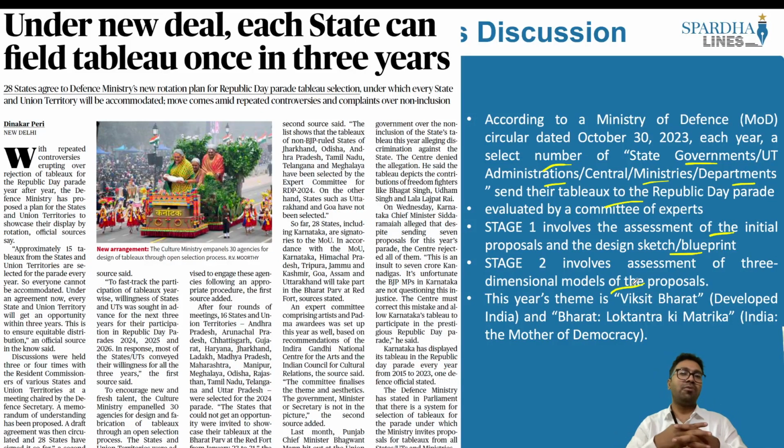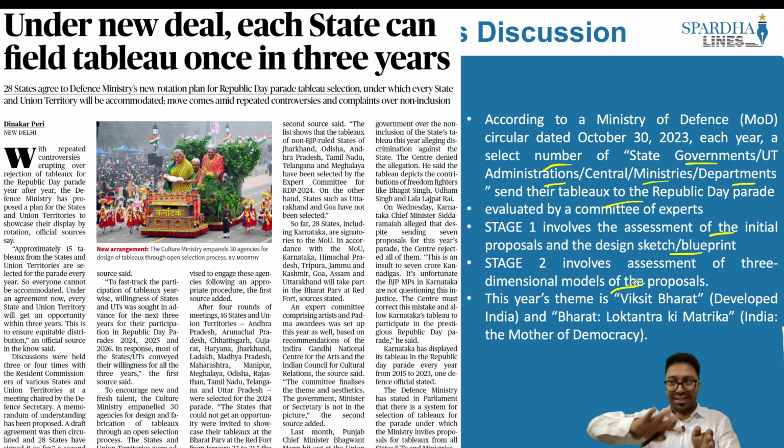What happened within the state of West Bengal? Within the state of West Bengal, it was rejected primarily because their tableaus did not match up to this particular theme. And when it comes to the state of Karnataka, there are people who say that because Karnataka was given time for the last 14 odd years, they have been allowed to place their tableaus. So every other state will have to be represented. Every other state will have to be given time. So this year, other states have been given time, but the state of Karnataka is not given time primarily because it has been allowed to display its tableaus for the last 14 years, which is why other states have been given provision this year and not the state of Karnataka.